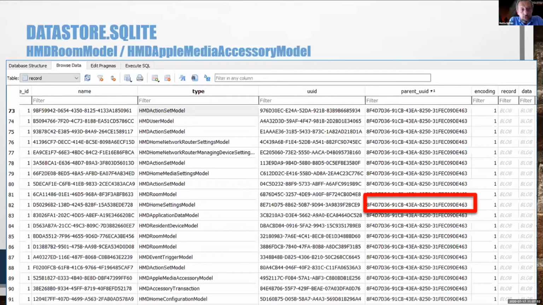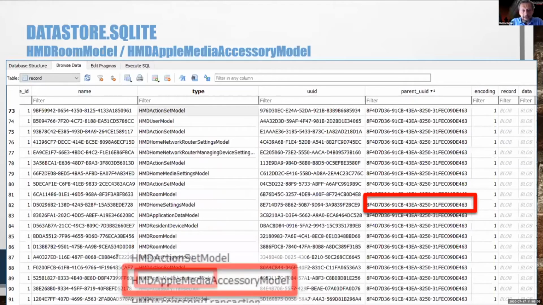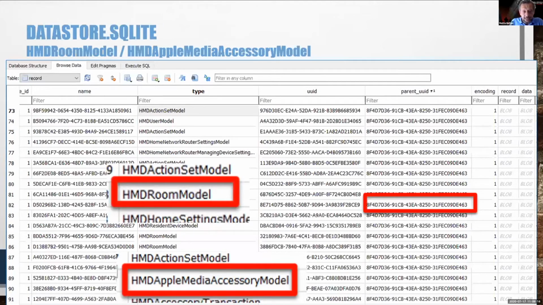So then what you need to do is order by the new UUID. At this time, the UUID is your home. So we found the root that is your home, and now we have to analyze the various rooms and the various devices that we have in the various rooms. At this level, the most interesting things are the field named HMD Room Model and the field named HMD Apple Media Accessory Model. If we go to the HMD Apple Media Accessory Model,